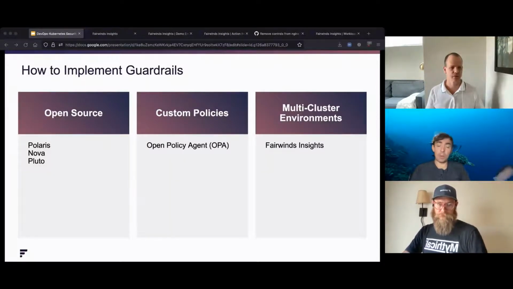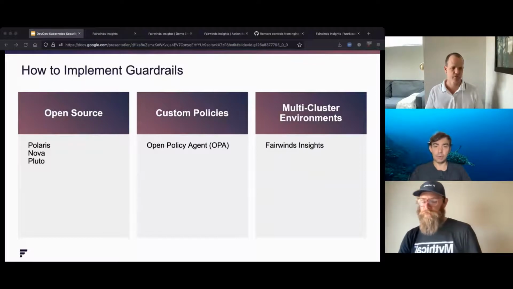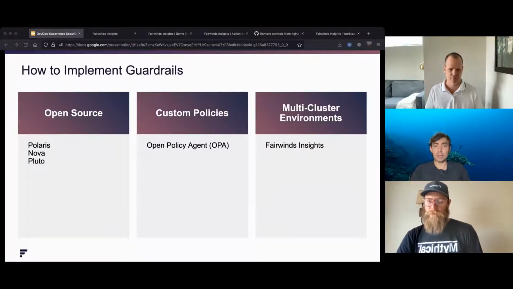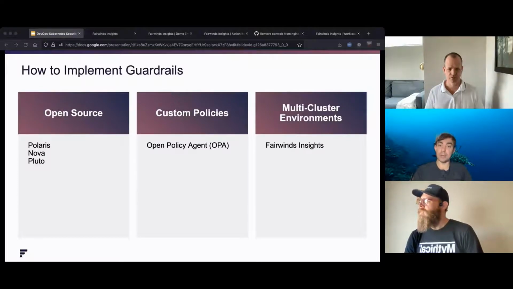So, for instance, you might want to make sure that every deployment inside your Kubernetes environment gets labeled with a cost center code so that you can figure out billing, for instance. For that, you would need a custom policy. So there's a project called OPA, or Open Policy Agent. Polaris as well can do a lot of custom checks. So you might want to adopt a slightly more sophisticated project in order to be able to implement those kinds of custom behaviors. And again, both OPA and Polaris can be run in CI/CD, in admission control, and in a live cluster.